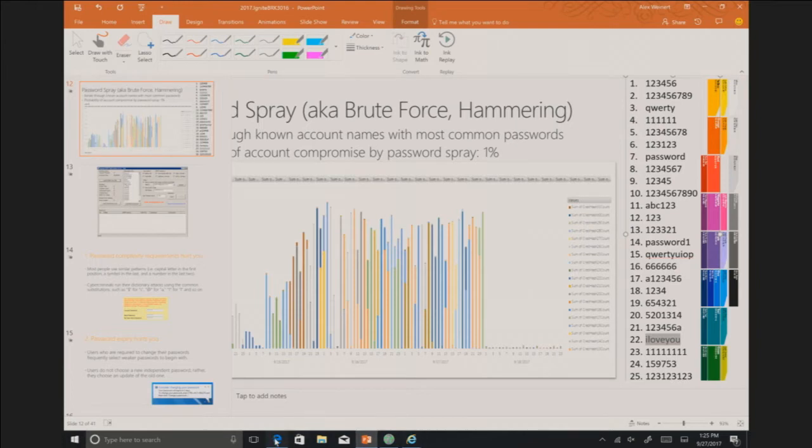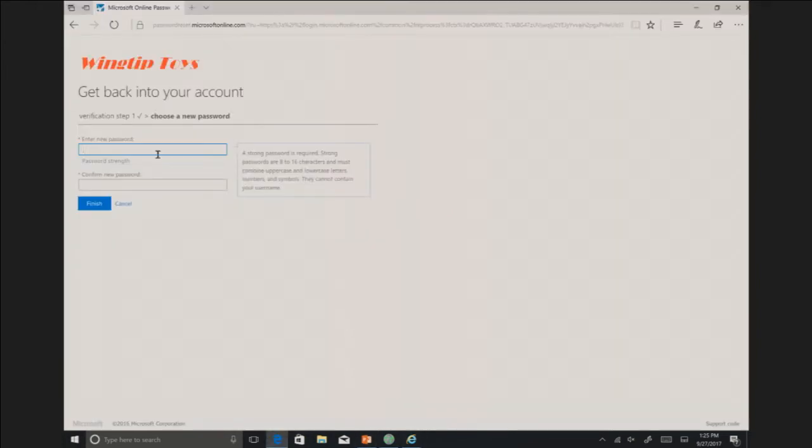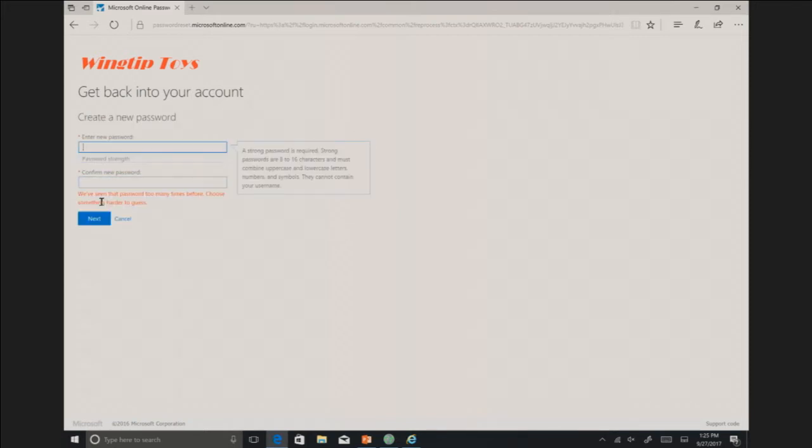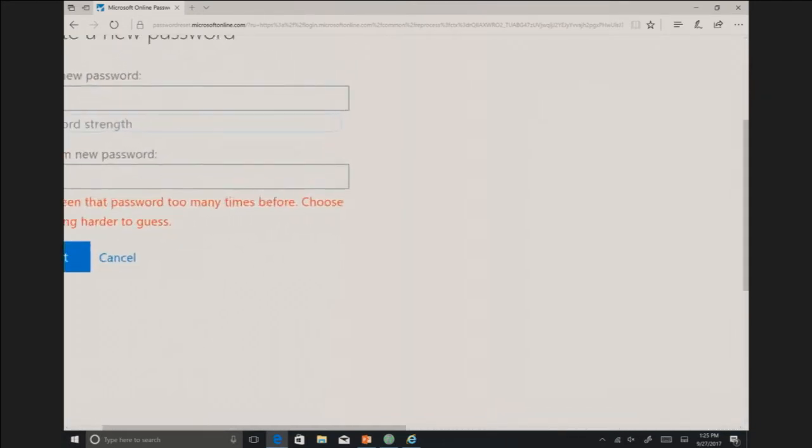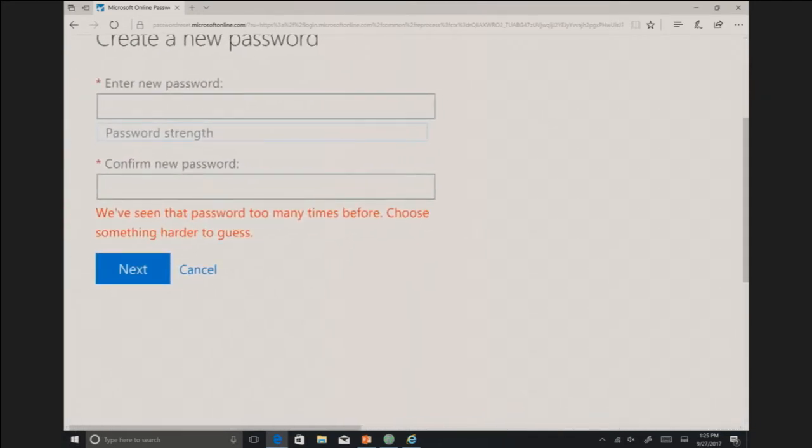So I just cut and paste. It's weak. The error I'm getting down here is, we've seen that password too many times before. Choose something that's harder to guess. And you'll get that if you substring it. You'll get that if you get smart and put in an @ sign, whatever, until you come up with something that is actually